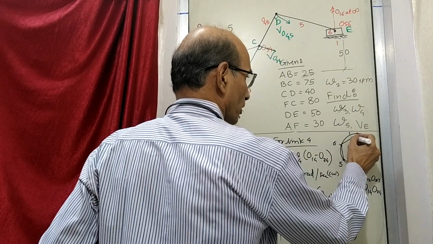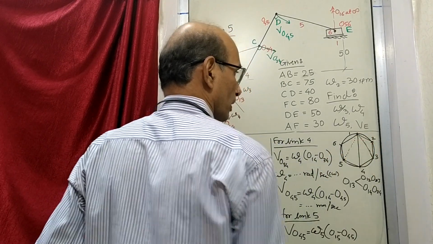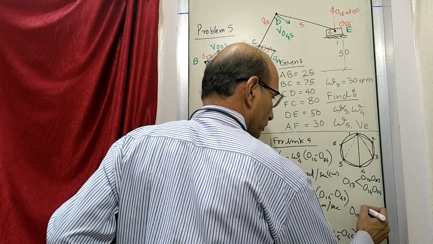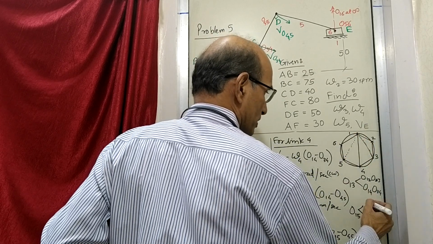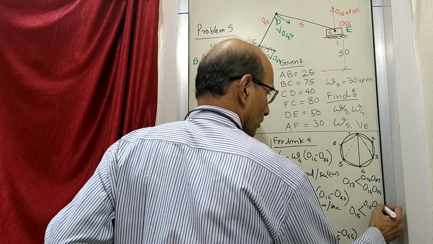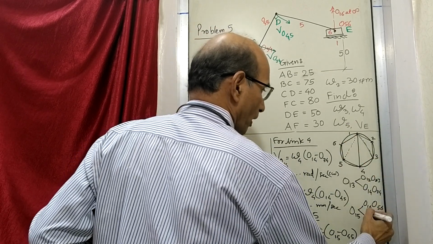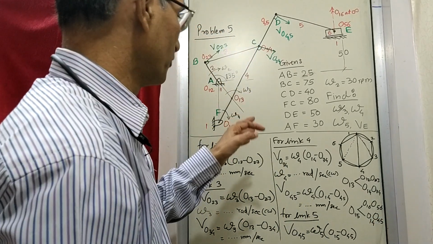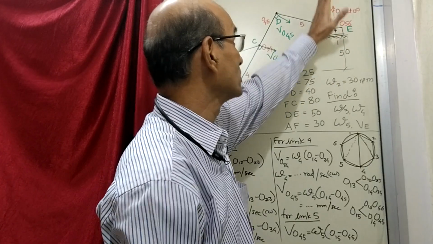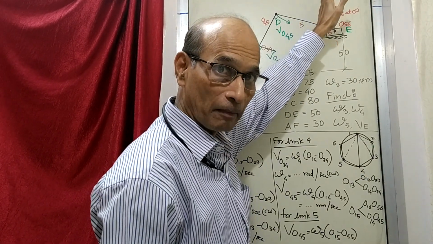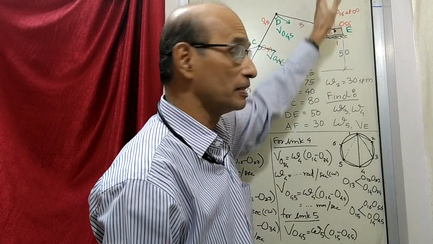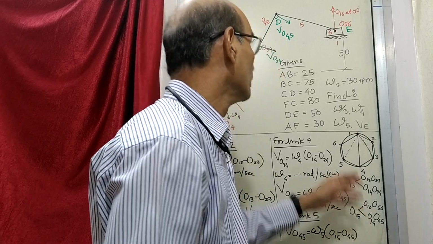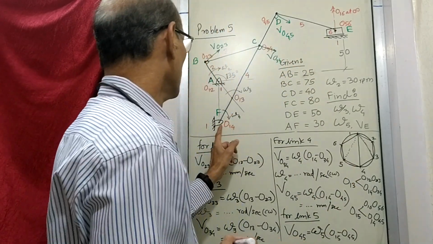So we join these 1 and 5 like this. Now for getting O15, we write like this: O15 is obtained by 16 and 56, and the other is 14 and 45. So 16 and 56: 56 is here, 16 is there. From there a vertical line has come and it is passing through 56. So this line is the one which is this line. The next line is 14 and 45. So 14 is here, 45 is here.